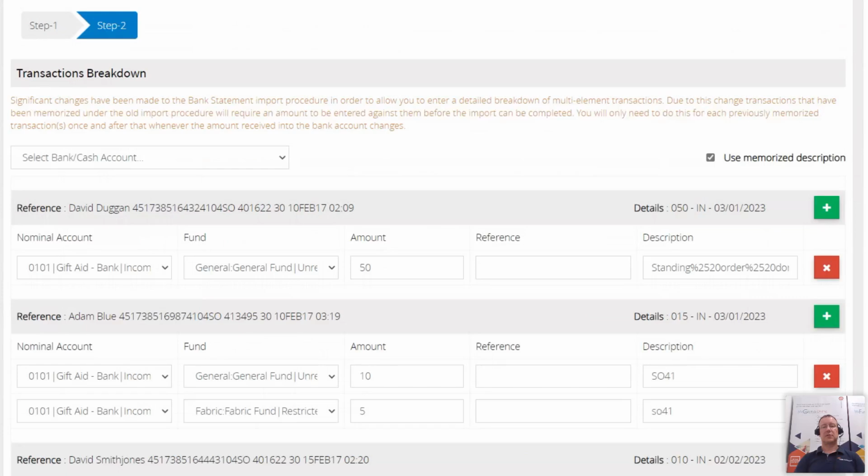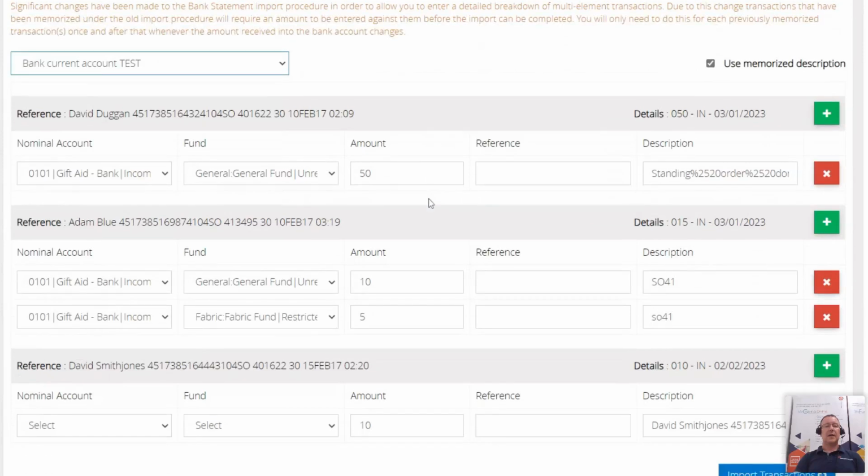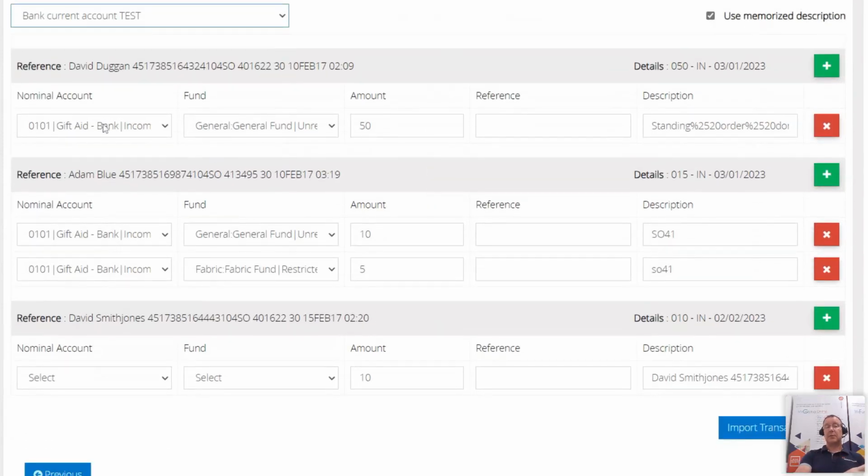So I click on the next screen. I've got those 3 transactions. Which bank account are they going into? I'll do the main one. You can see with David Duggan, it had remembered David Duggan from previously, so it's already selected the gift aid, the description, the amount, and the